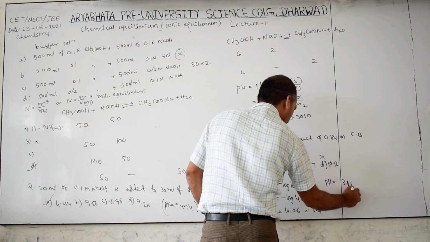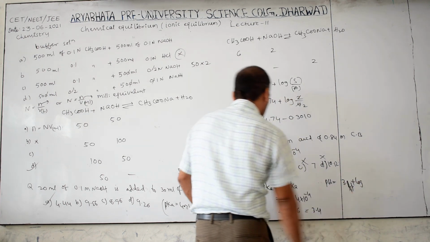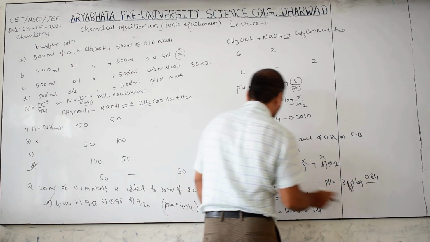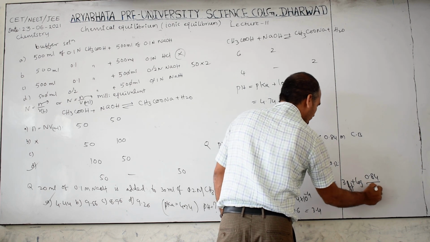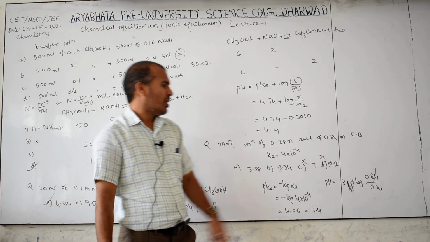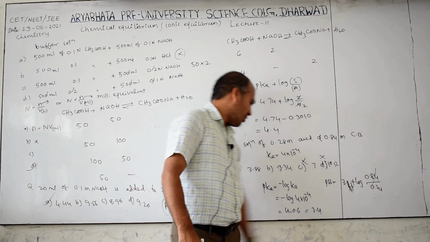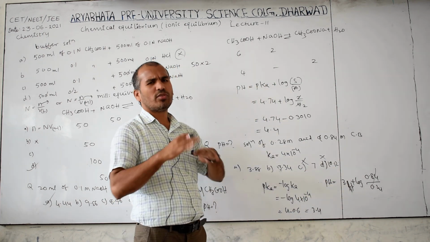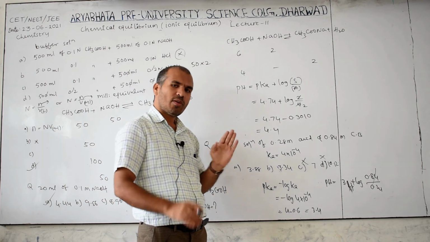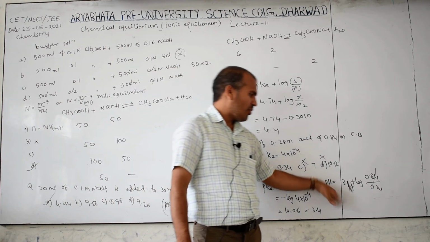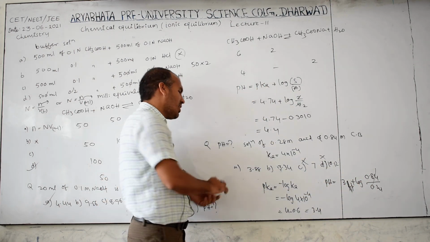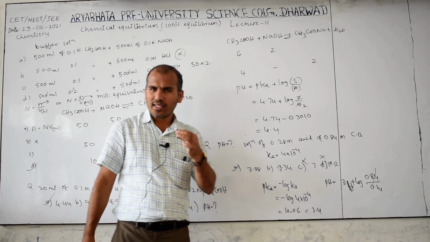So now you can use this formula, pH is equal to 3.4 plus log of salt concentration, how much is given? 0.84 by acid concentration, how much? 0.24 is given. Anyway, the numerator value will give something. Therefore, 3.4 plus some value you have to add, and that is the answer. No need to calculate totally. If you calculate totally also, you will get the same answer. But you can stop here, because 3.4 plus something is greater than this value only. Therefore, answer A only.